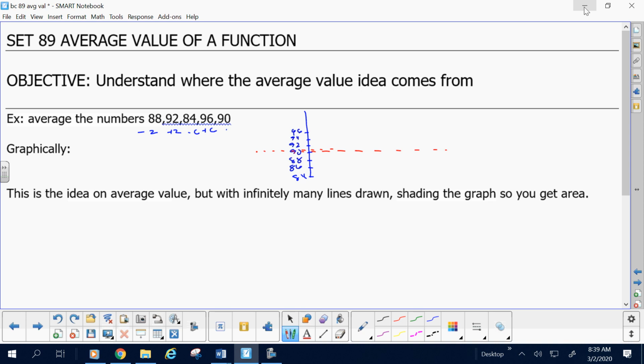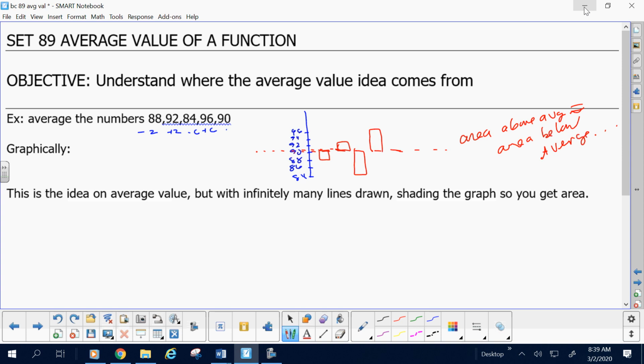If you were to think of this graphically, then 88 is 2 below, and 92 is 2 above. And 84 is 6 below and 96 is 6 above, and 90. So we could say that the area above the average equals the area below the average. Cool. Now, that is the idea of average value, except in calculus, you don't just do 5 points, you do